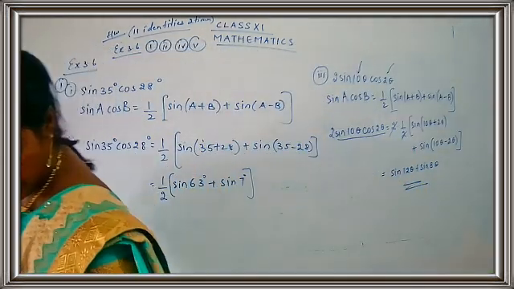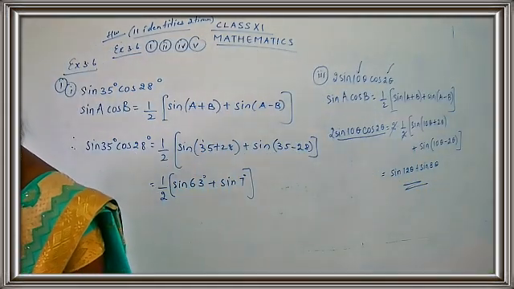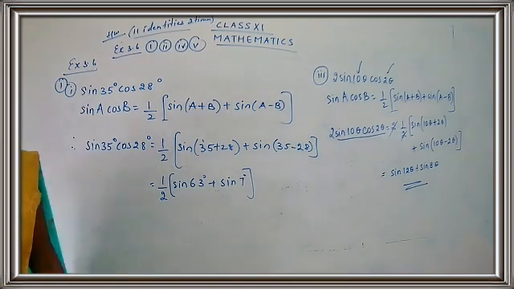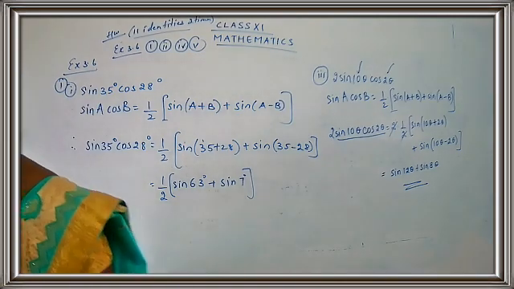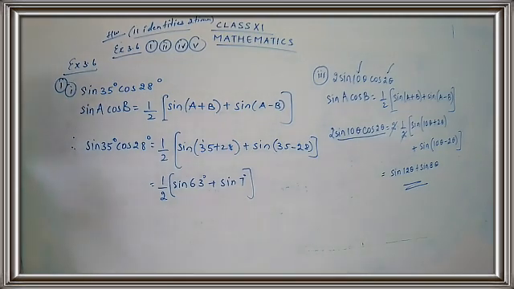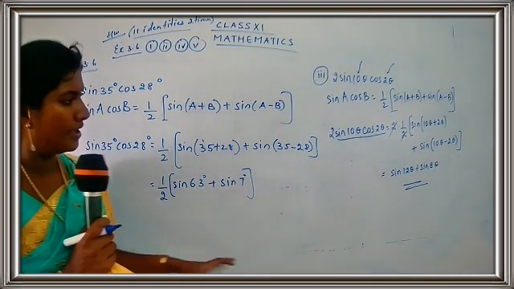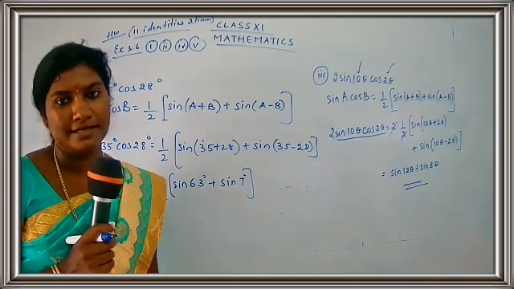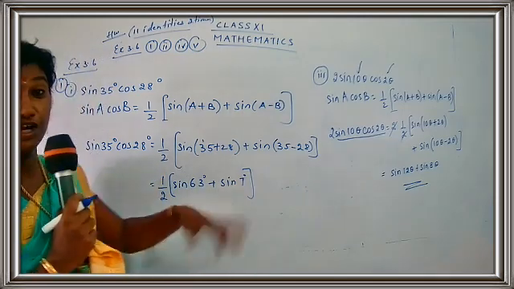So what is the answer you get there? The answer is sine 12 theta plus sine 8 theta. The half and the 2 get cancelled. So your answer is sine 12 theta plus sine 8 theta. Are you clear, children? So we have just expressed the product in terms of sum. Here, in the first part also, I got the answer in terms of sum. In the third subpart also I got the answer as sum.